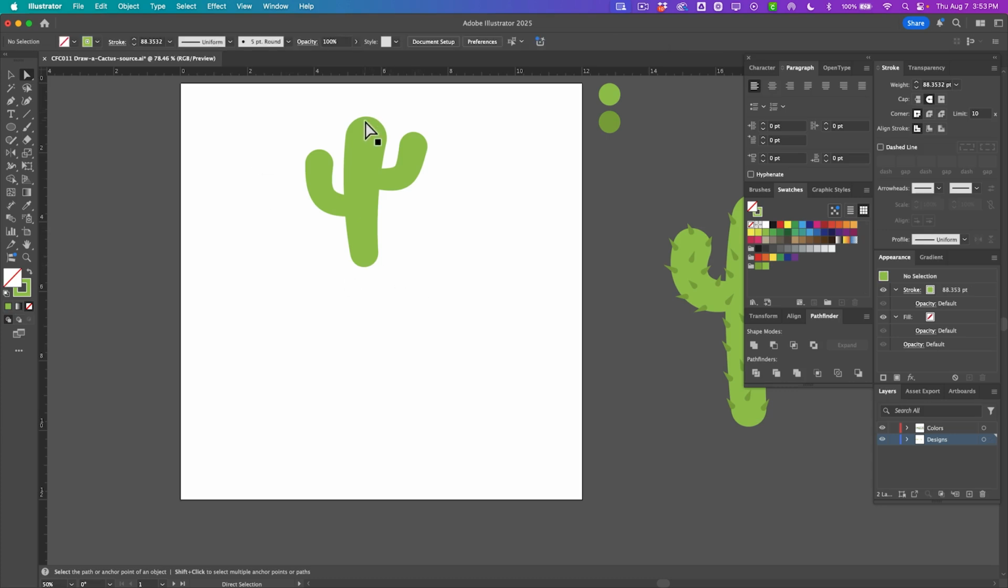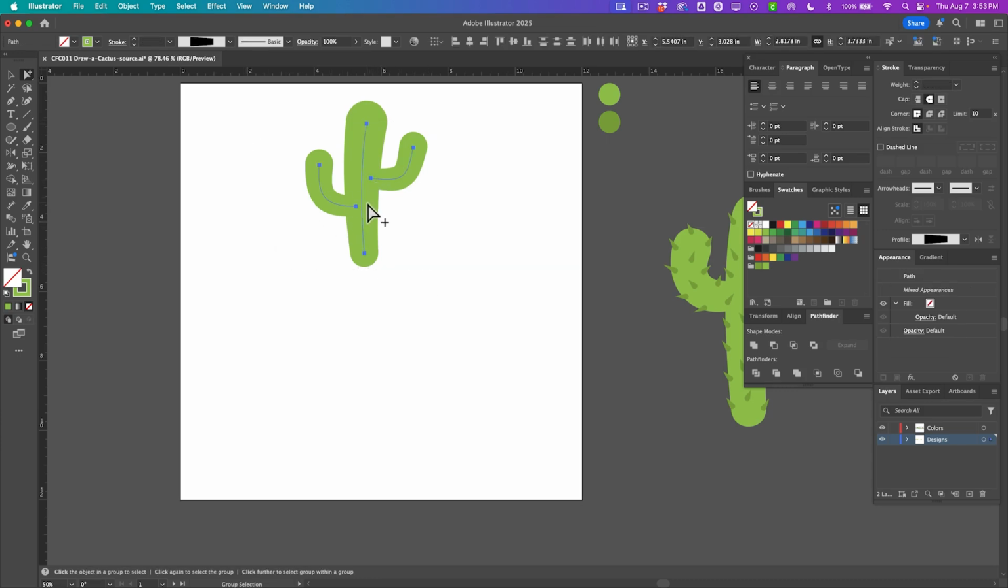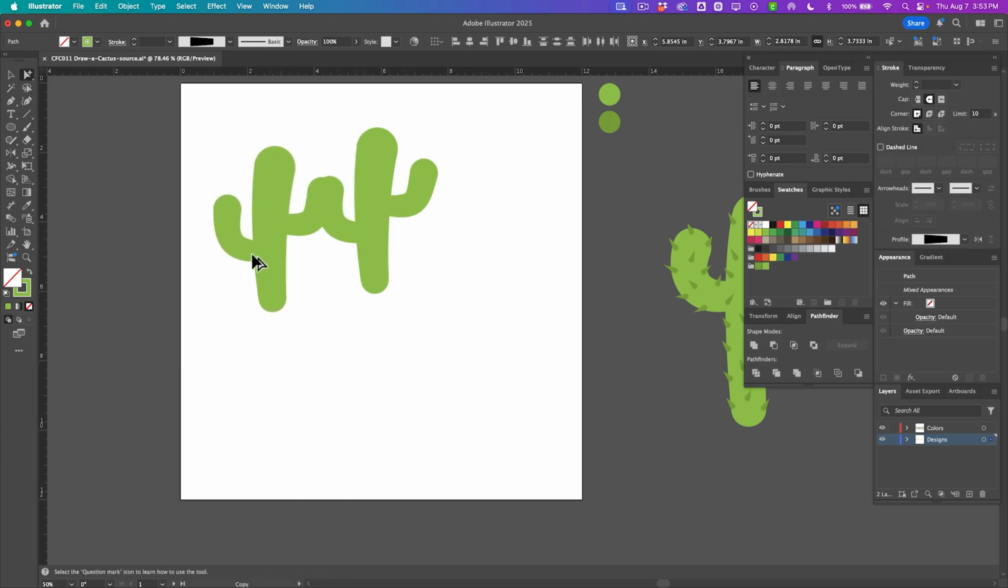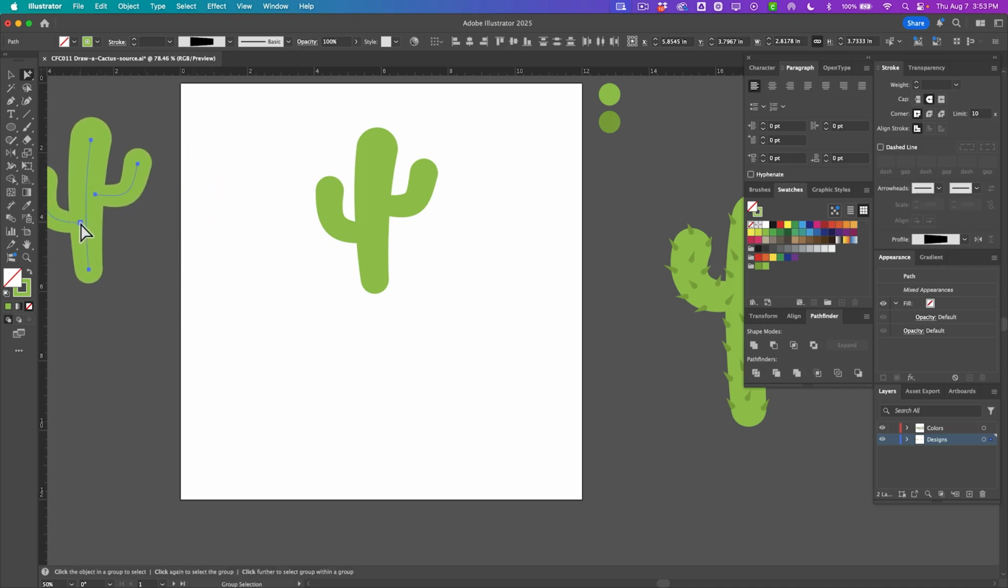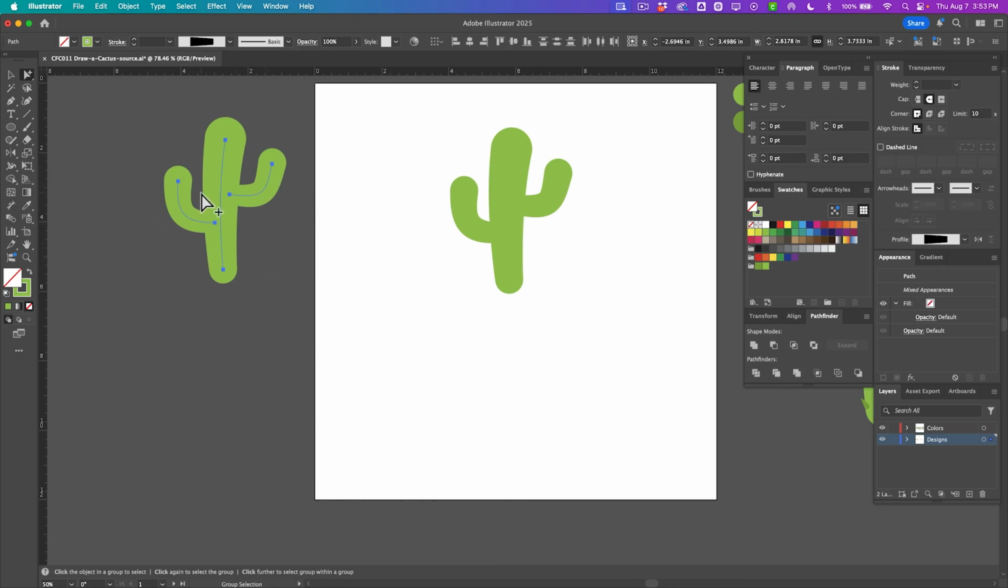And I'm gonna make this a little bit taller here, and I think I'm happy with that. So once you're happy with the overall shape of your cactus, we can go ahead and convert these paths into vector shapes. But before we do that, I'm going to select everything and press Alt as I click and drag and make a copy of this version over to the side. And then I can always come back to this and I can create other cactus variations very quickly and easily